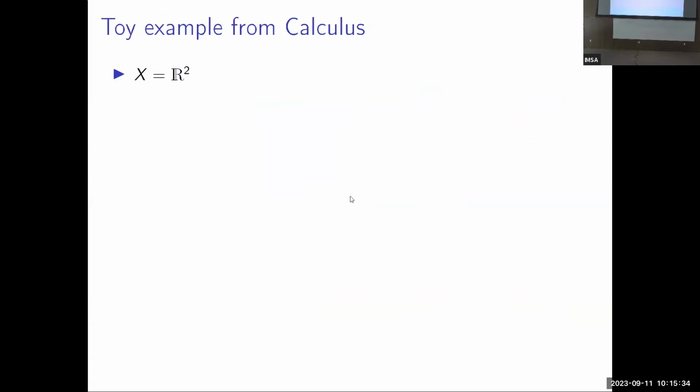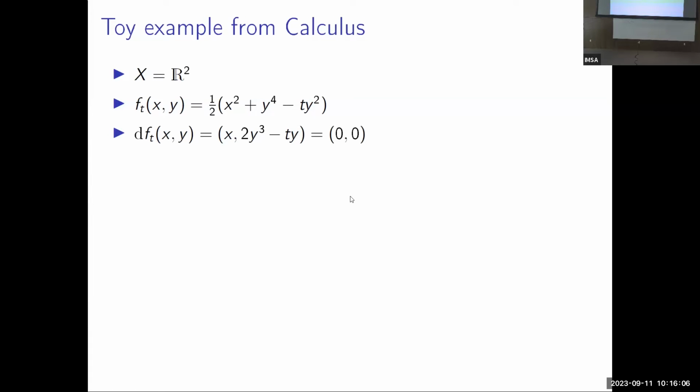If you take x, the state space would be just R², and you take this function of two variables, f_t, that depends on t, is this quartic polynomial in x and y, where there's this t factor in front of y squared, and you look at critical points of this as t varies. So the gradient, the differential of this function is given by these terms, and if you want this to be equal to 0,